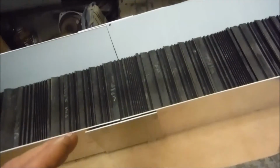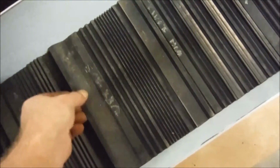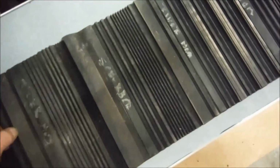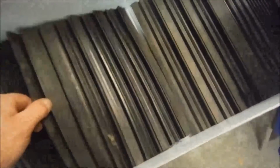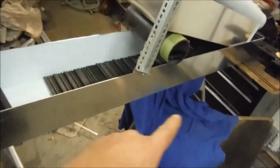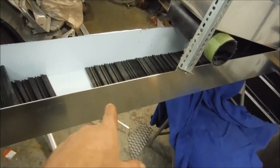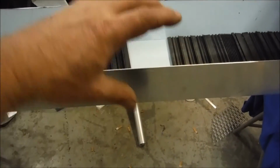Now for joining purposes and cleaning out purposes, I'm going to end up using hog rings. Let's see, where's it at? Where's the joint? Okay, so this batch of mats, let's go ahead and do it. Go ahead and show this. Okay, from there down to there is about 4 foot. That mat right there, I'm just going to go ahead and slide it in there, and I'm going to take